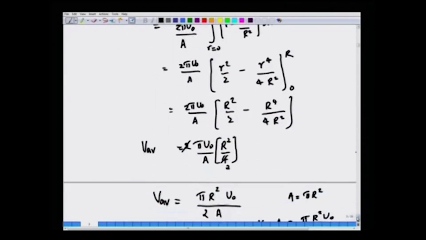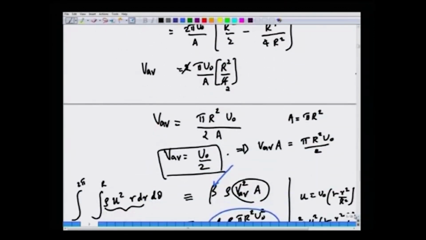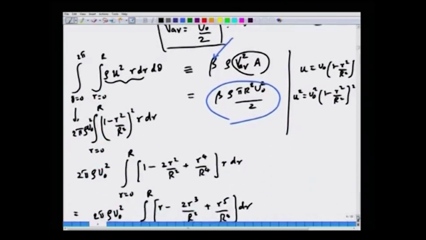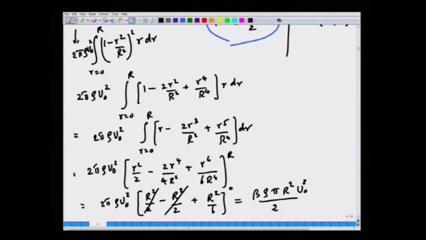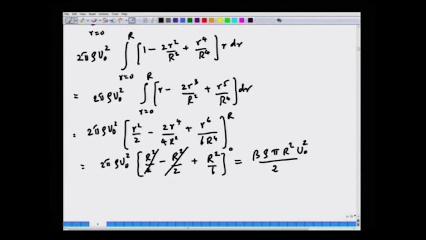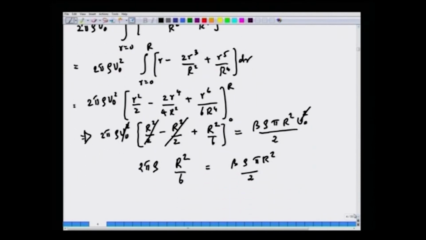So, let me just go back. It is V average squared here, so it is u naught squared by 2. This implies, okay, you have u naught squared, let us cancel out things, u naught squared will cancel. The left side will have r squared by 6 times 2 pi rho, the right side will have beta rho pi r squared by 2. Okay. So, beta should become,